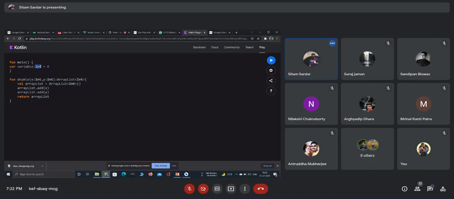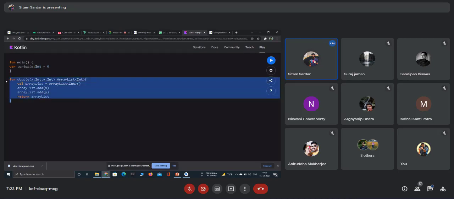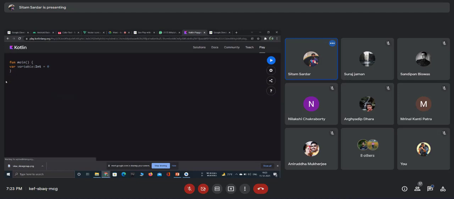And today, what we are going to cover is classes and objects. So what is the need of a class? One thing you can see is that this is a data type which is defined by Kotlin itself. Kotlin tells that if you are using an integer type of data, then it can only store a whole number. But I am thinking to make a user-defined data type. What is that? I am thinking to create my own data type.